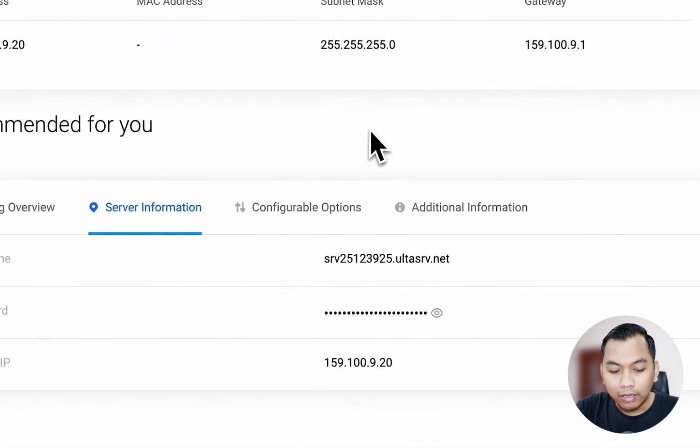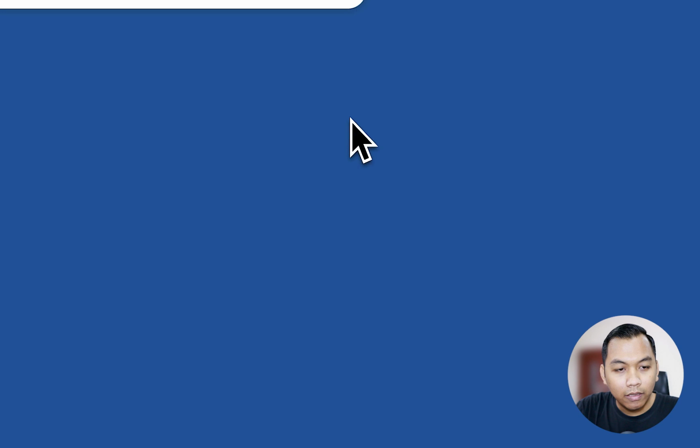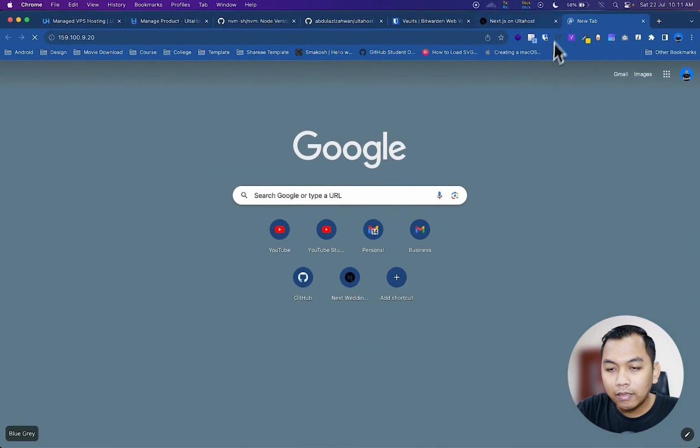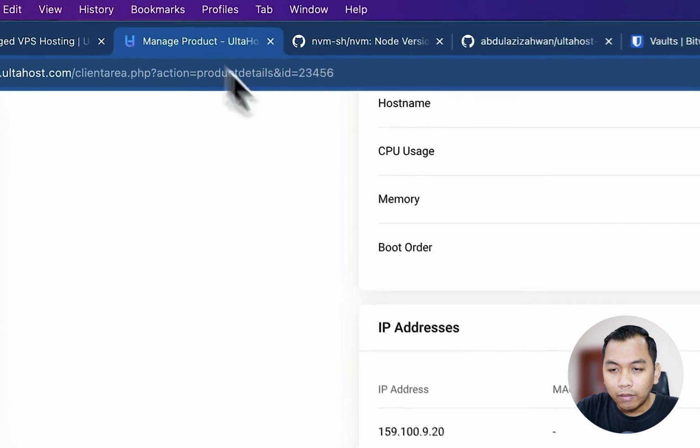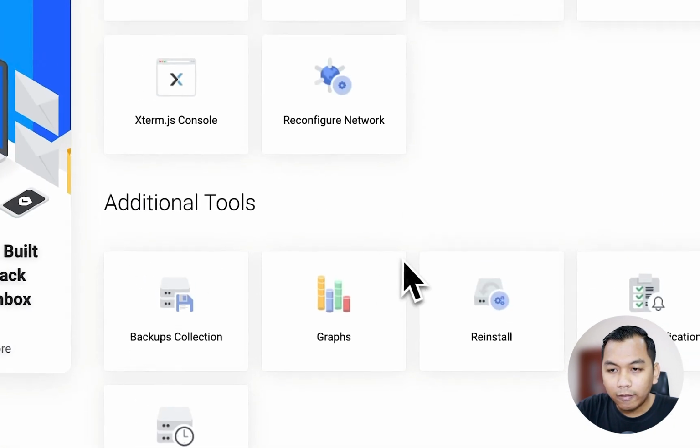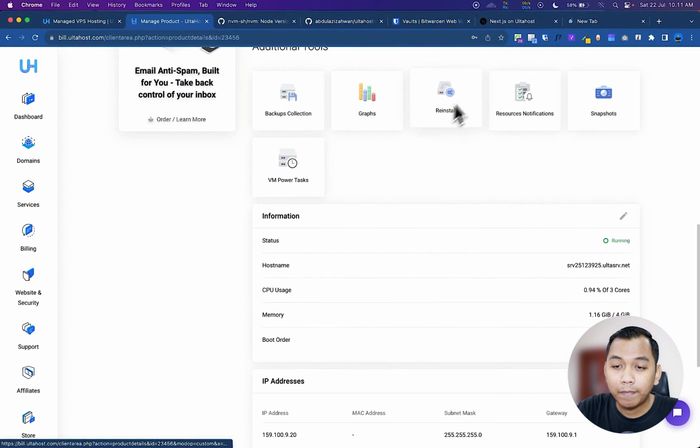So this is the IP, and once I access this, there's no response. Alright, so it's good because my VPS server is a fresh installation.